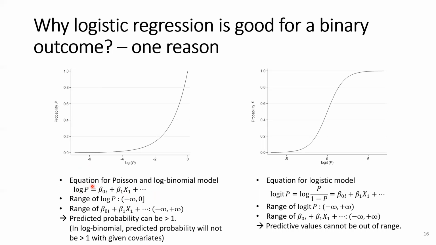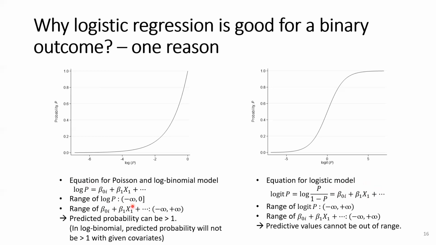Log of probability is given by a linear combination of coefficients and observed values. In logistic regression, we have logit of P, meaning log of P divided by 1 minus P, connected with a linear combination of coefficients and observed values. And this one, log of P,